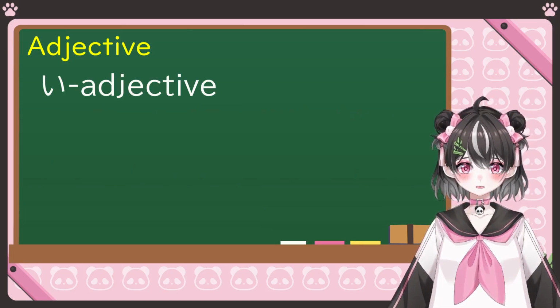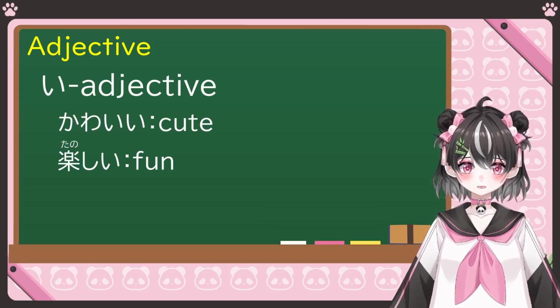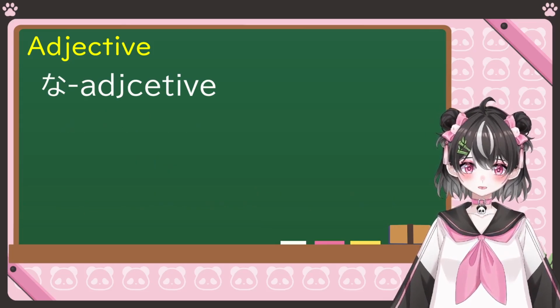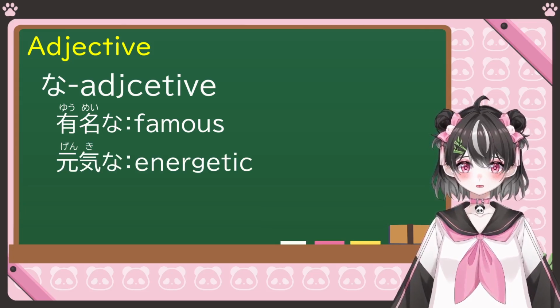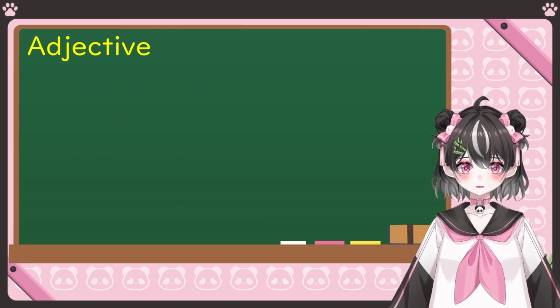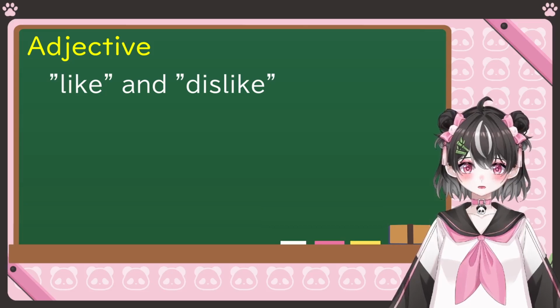I adjectives are like かわいい、楽しい、面白い。Na adjectives are like 有名な、元気な、便利な。